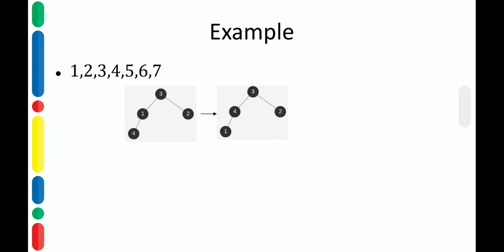So you see here, when I compare 4 with 1, and since the parent is smaller, we exchange the parent and the child, where 4 becomes the parent and 1 becomes the child. Again I check 4 with its parent 3, again the condition is not satisfied, so we again swap. So this will give us a tree with 4 as the root, 3 as its left child, 2 as its right child, and 1 the left child of 3. In this case, all the parental dominance is satisfied at all the nodes, and it is also an essentially complete binary tree. So this is the resulting heap after we have inserted 4.